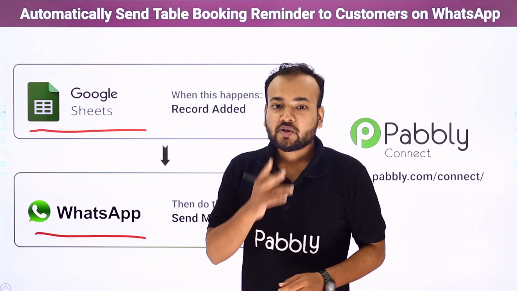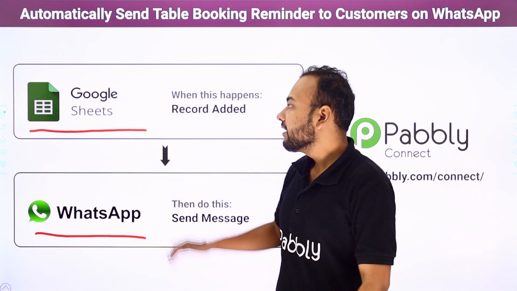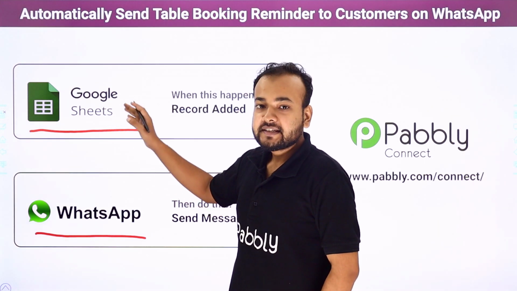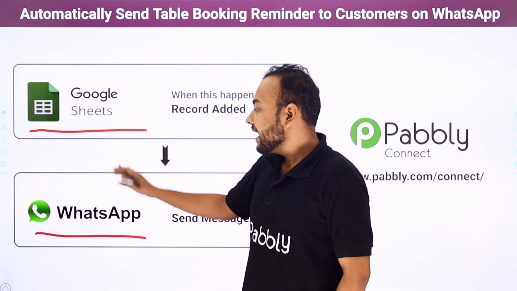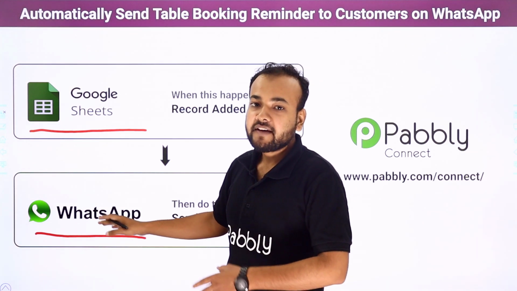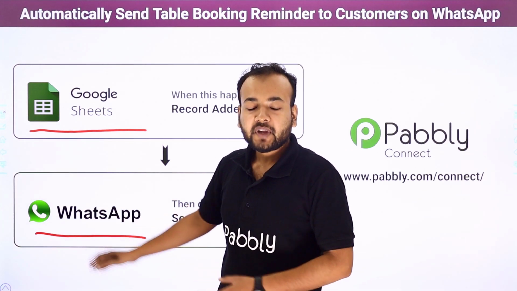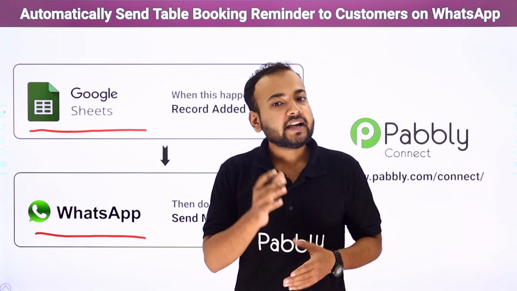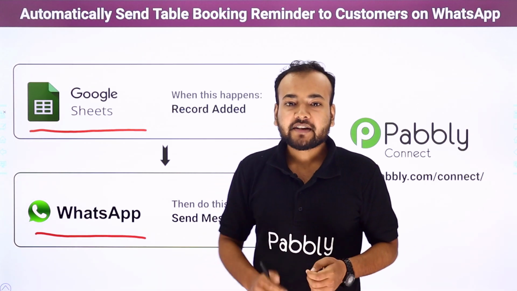So to get this done, you have two ways. One is to manually sort out the data of your customers from Google Sheets and see the booking details, and then manually compile a message for each and every customer on WhatsApp. So guys, this process can be very problematic, tiresome and time consuming. So we have a better way for you.